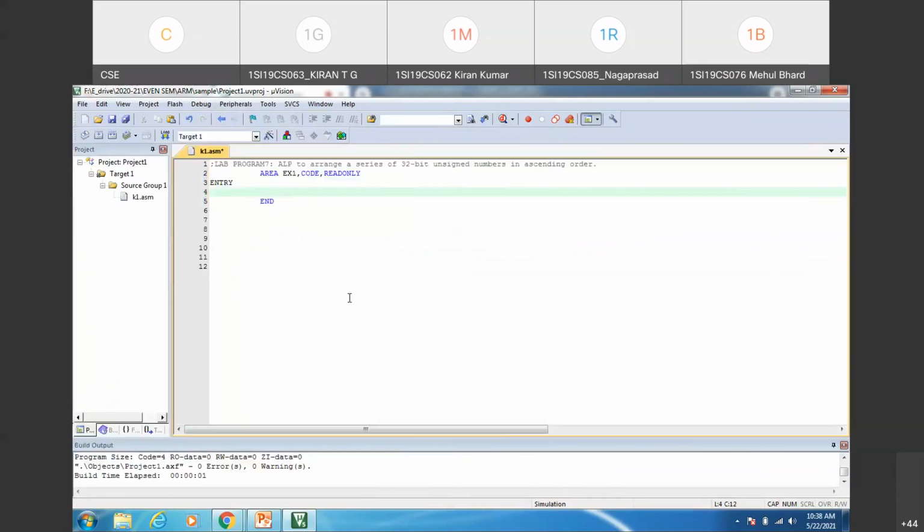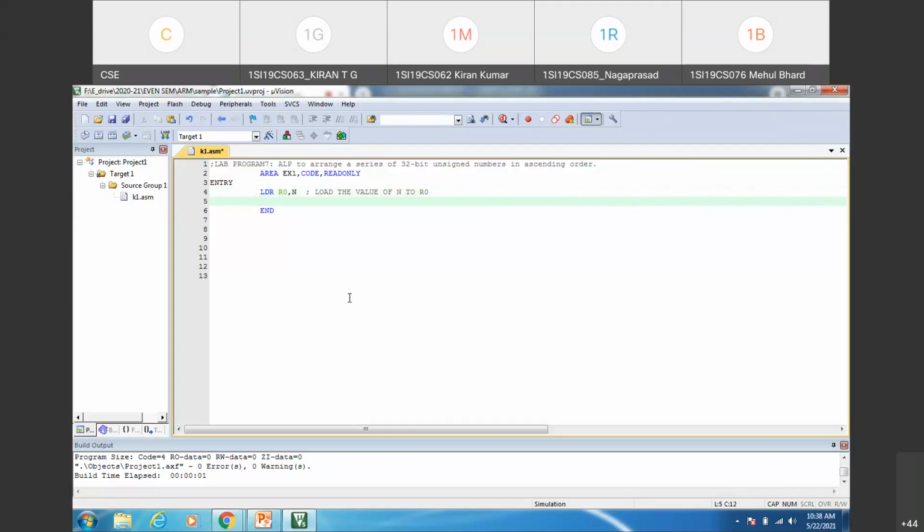Okay. So first we shall fetch the size of the array in a variable, say R0, LDR R0, comma, I'll specify n. You can perform the read operation using the load instruction. So we have written the instruction LDR R0, comma n. What this instruction will do is load the value of n to the R0 register. This is the operation performed. So the size of the array we are taking in the R0 register.